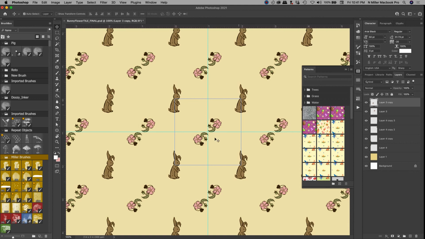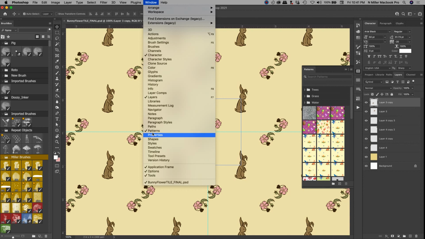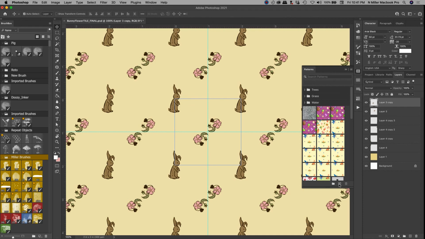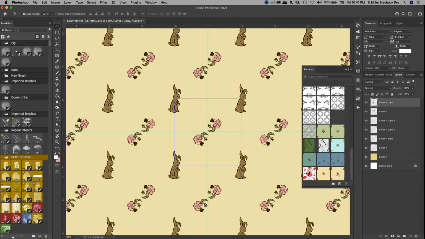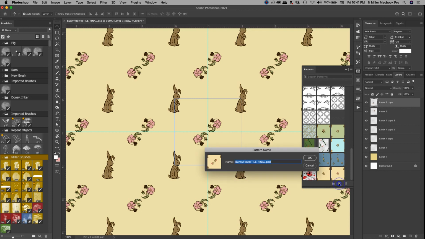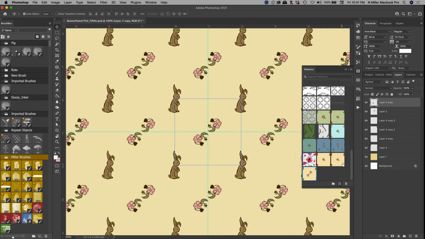All right, so now I have this new pattern created. So I'm going to go to Window, and then the pattern panel is right here. It's checkmarked, so I already have it open. Then all I have to do is hit the little plus, and it should have added that pattern to it. Oh yeah, I didn't click it right here, and I could name it, and I'm going to hit OK,